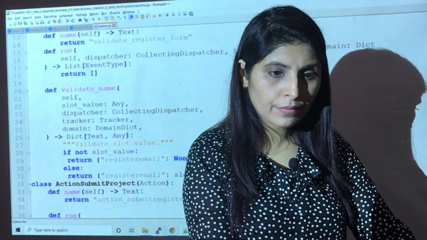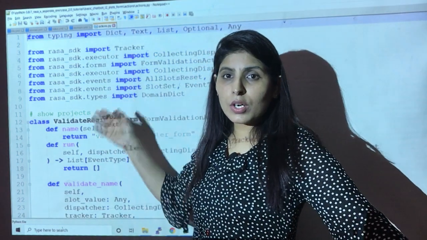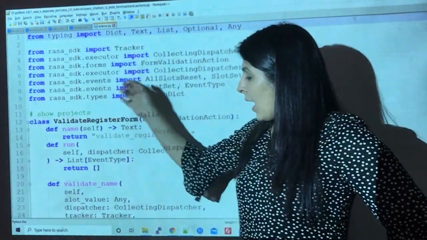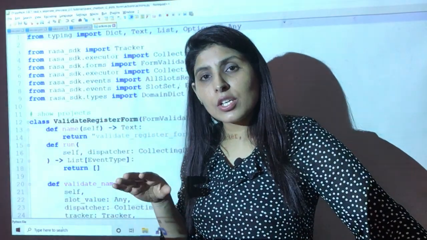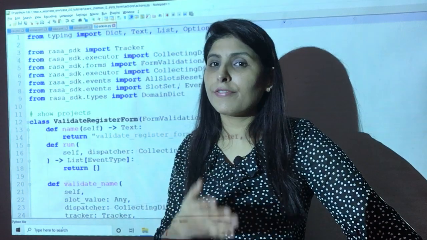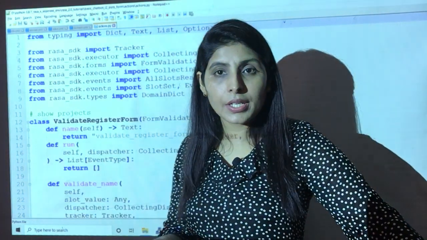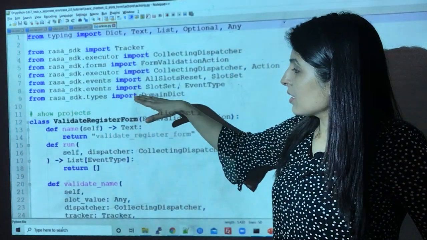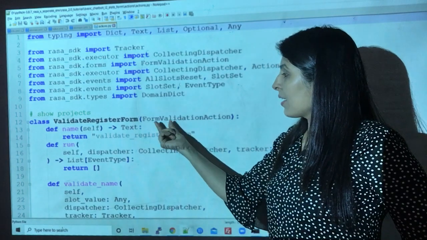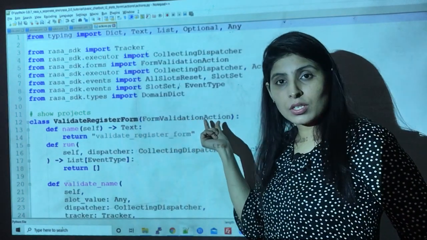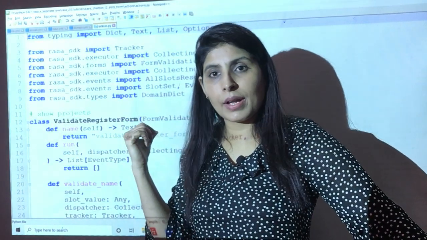So this is my form file, the actions.py file. First of all, these are the required modules which you need to import. Now this process is totally new in Rasa 2. In Rasa 1 we worked in a different way. In Rasa 2, the actions.py file works differently. I have created one class, and in this class we are writing FormValidationAction. This we were not using in Rasa 1; it is new in Rasa 2.